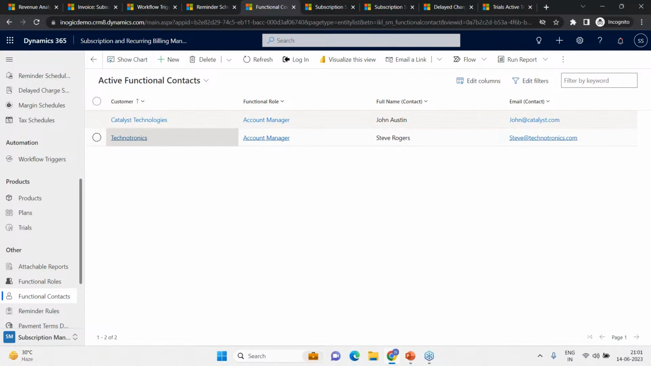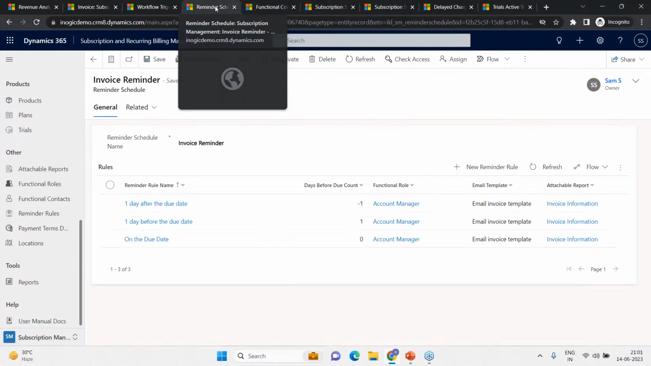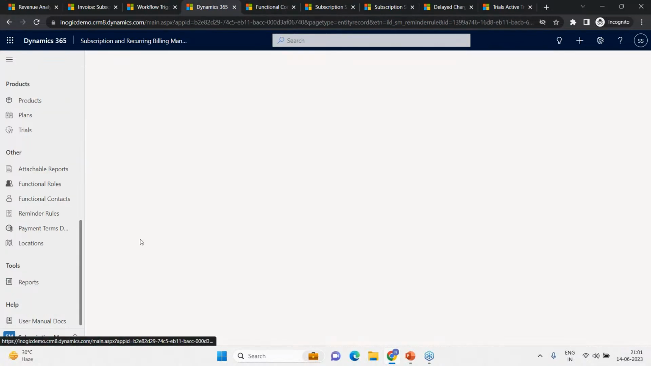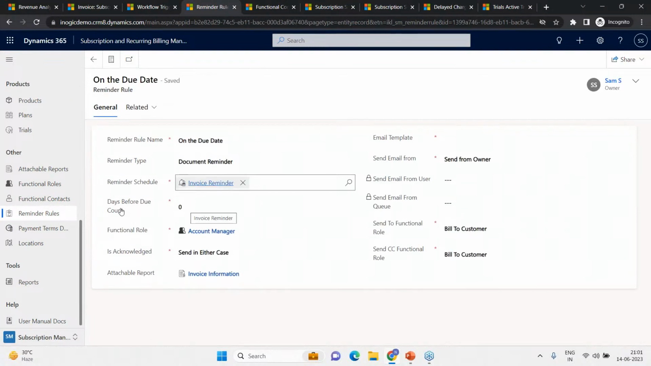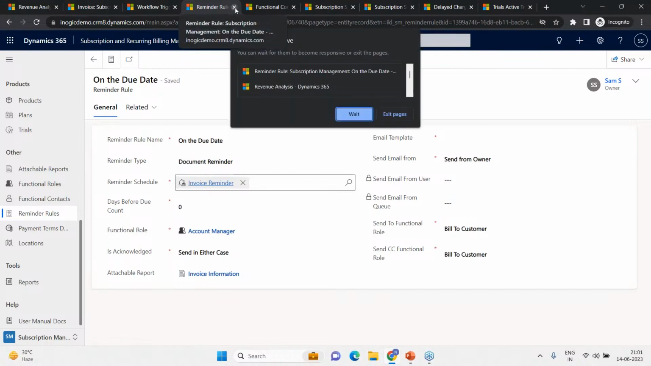Let's keep this in the back of the mind. And what happens now is, if I open the room, basically on the due date, an invoice copy will be sent to the account manager of my bill to customer. So that's what is going to happen. So let's confirm if that has actually happened